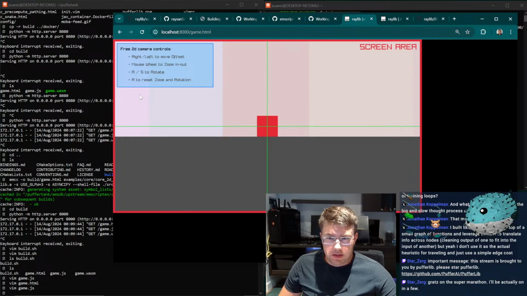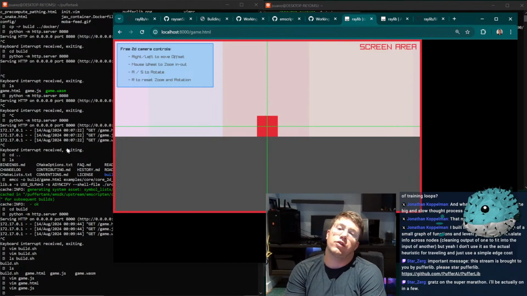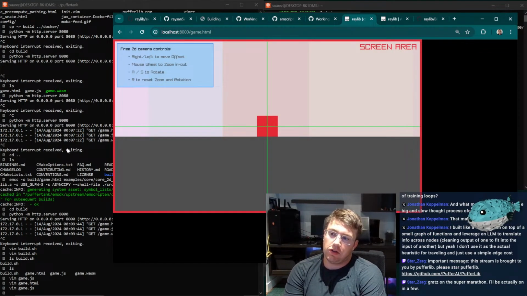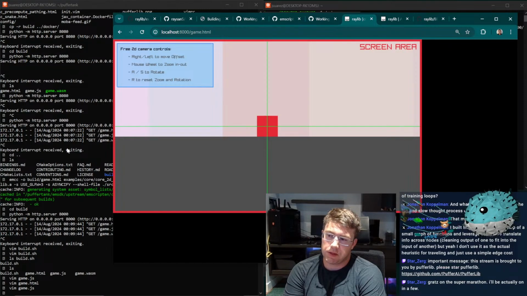Also, I need to figure out how to make this thing work with Python, right? Yeah, I need to be able to have, let me think, there's gotta be able to be a Python backend. Which is really weird because everything is freaking backwards. Writing C on the front end and Python on the back end, this doesn't make any sense.